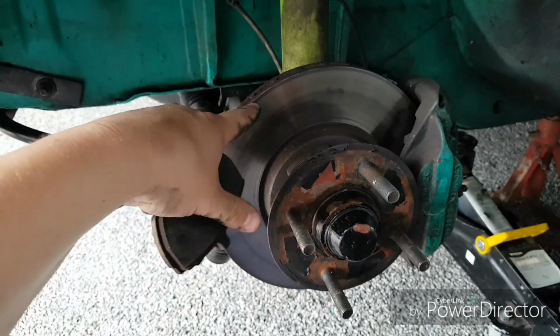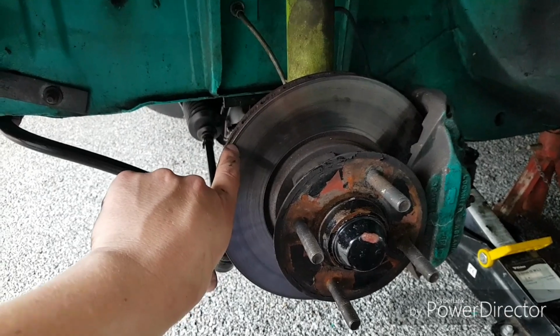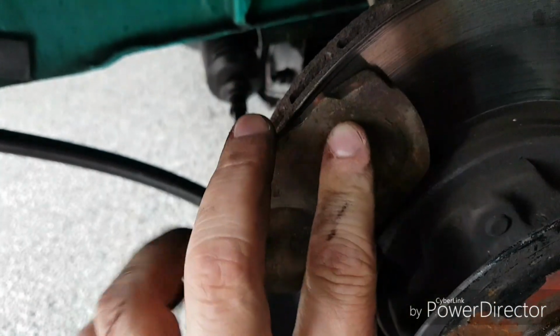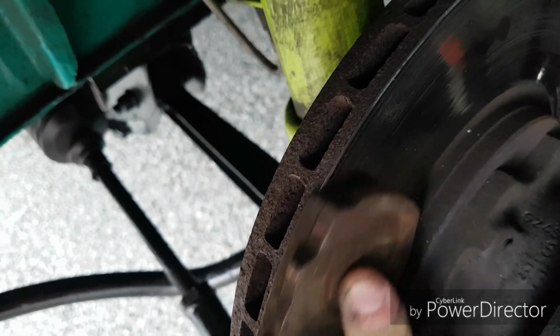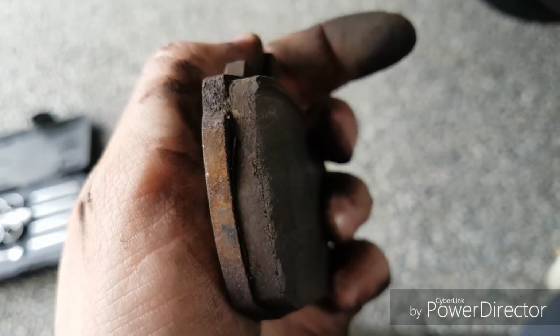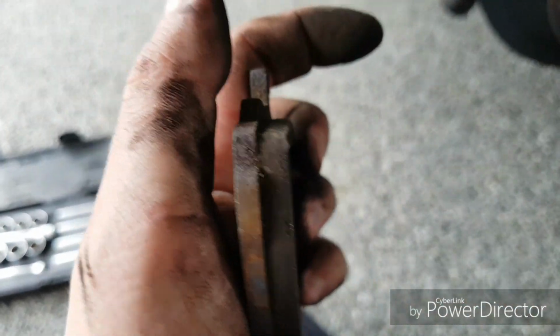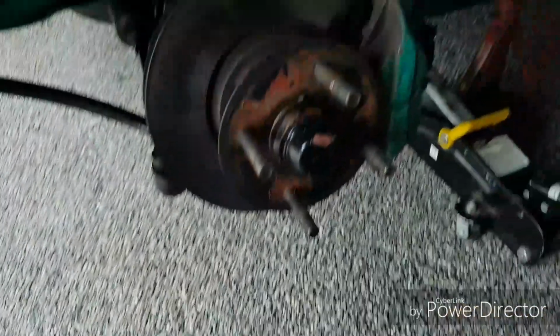You usually find the actual disc itself sometimes gets about a 2 or 3 mil little lip on the end. Obviously, where this is sat like that, can you see that? There you go, like an overlap. It's worn the actual pad pretty badly, but I'm gonna literally deburr that, so grind it off. I'm gonna exercise the caliper pistons because